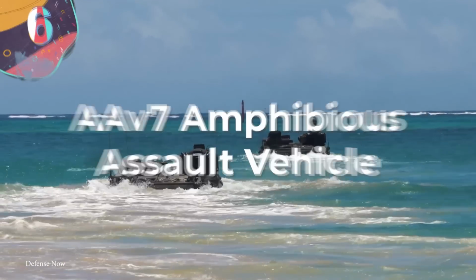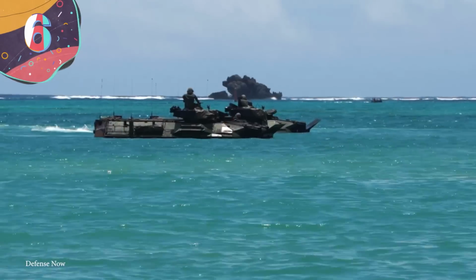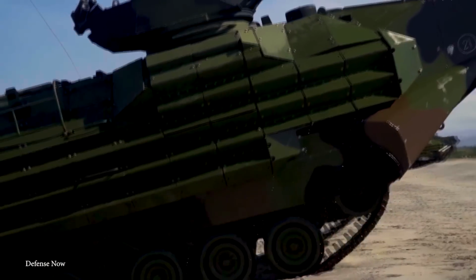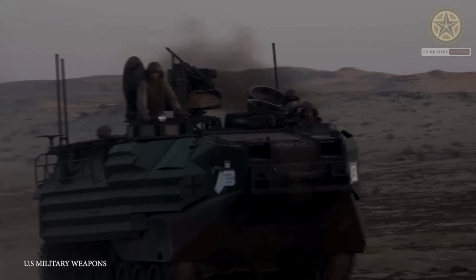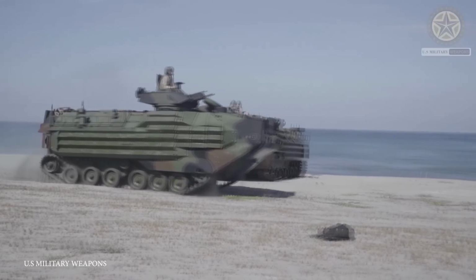Number 6. The AAV-7 Amphibious Assault Vehicle. The AAV-7 is an amphibious armored personnel carrier designed to provide the United States Marine Corps with effective mobility in both water and on land. The vehicle's been in service since the 1970s and has undergone various upgrades to maintain its relevance on the modern